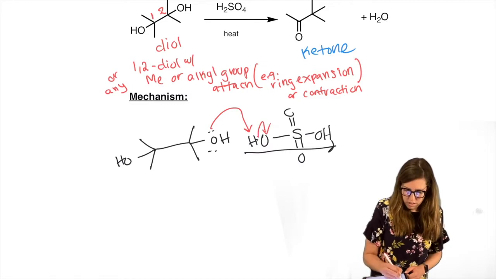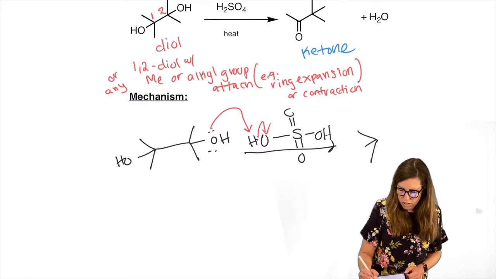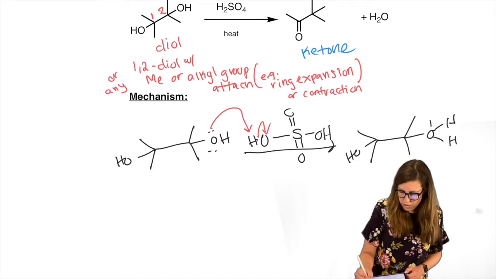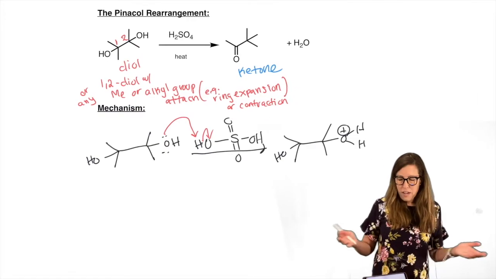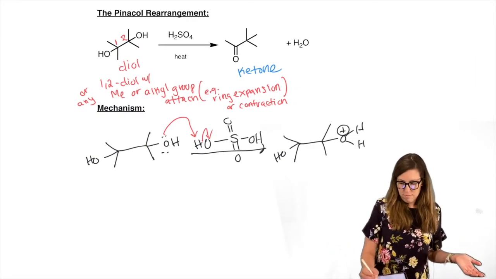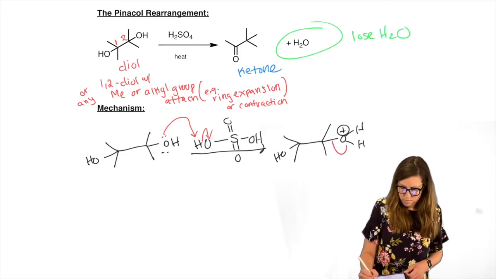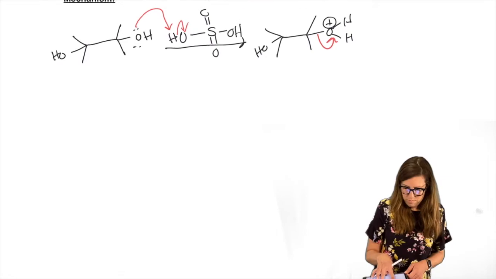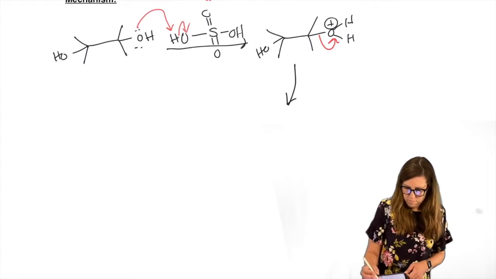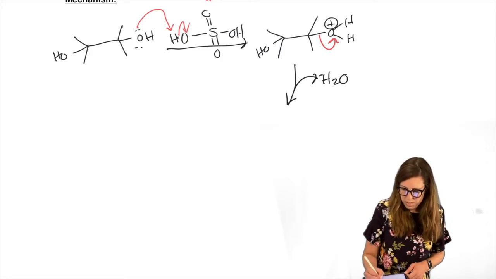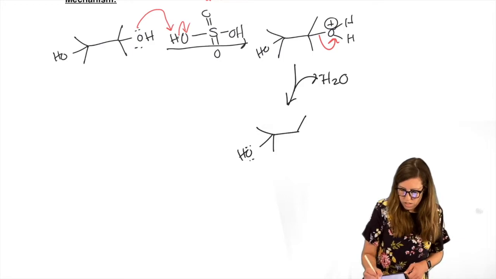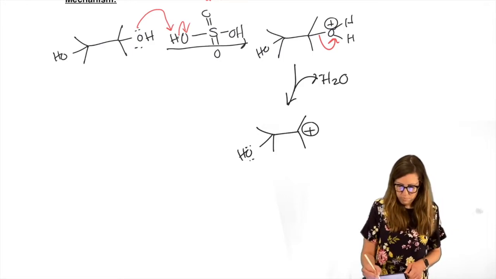Choose an alcohol, any alcohol. We're going to protonate it. We're not going to do both at the same time. We're just going to do one at a time because it's not favored to have all those charges. We know we have to lose water. Might as well do it now. There it goes. So I might draw water coming off and even put a minus there, minus H2O. And here is our tertiary carbocation.